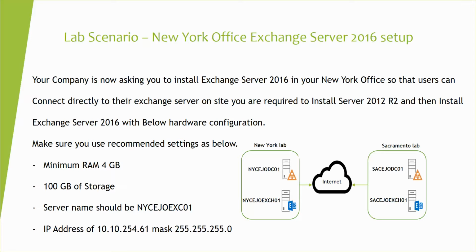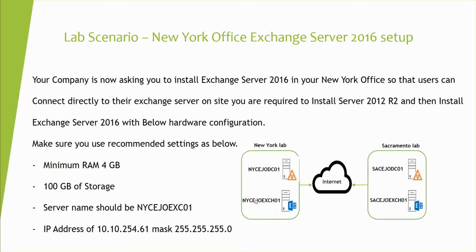Make sure you use recommended settings as below. The minimum RAM should be 4 GB, 100 GB of storage is good. Server name should be NYC EJO Exchange 01, and then the IP address is 10.10.254.61 and the subnet mask is 255.255.255.0. So if you see in the lab diagram in here, we already set up the NYC EJO DC01,